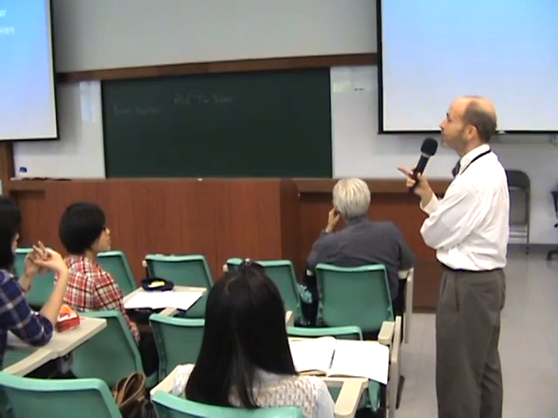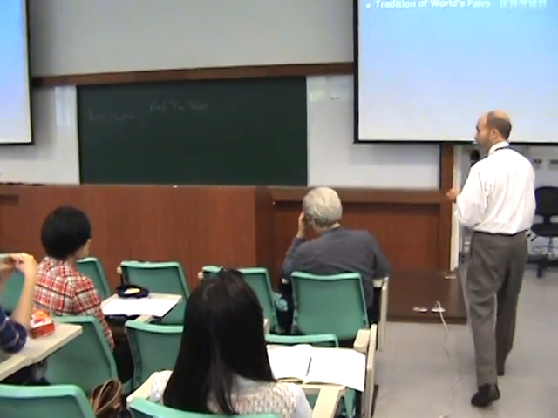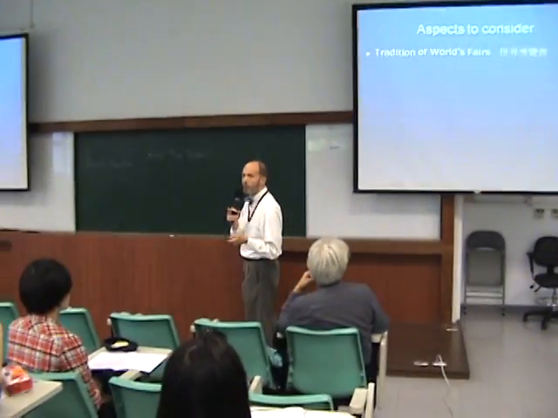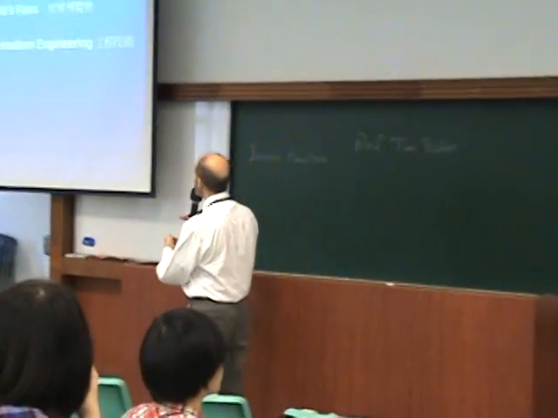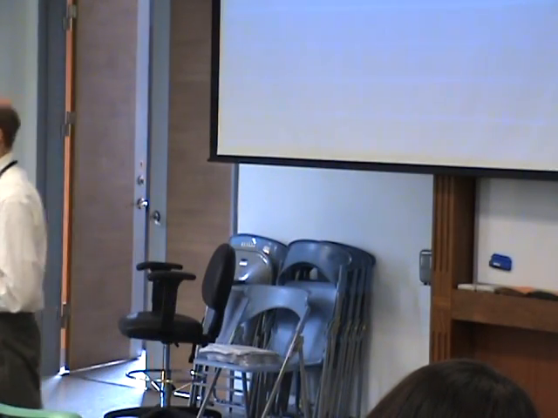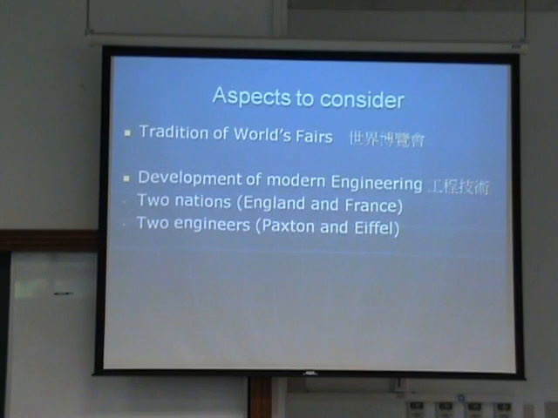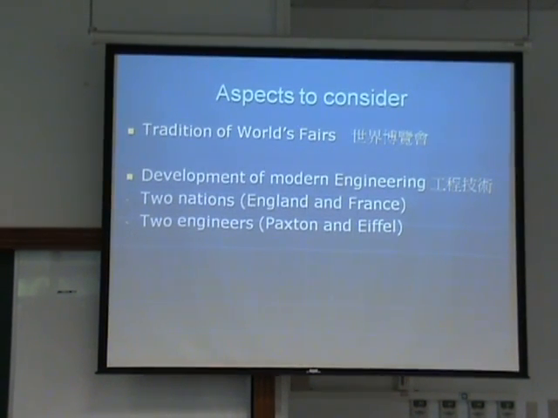Right. Well, the Eiffel Tower was built for a World's Fair a long time ago, in 1889. And the same reason that you went to Shanghai, people were going to Paris then. Also, we're talking about the development of modern engineering as a science, where people will do calculations, not with computers, but with mathematics and physics, so they can build the tallest building in the world. And in this engineering, we're looking at two nations. The leading nations in the 19th century in the whole world, England and France. We're also looking at